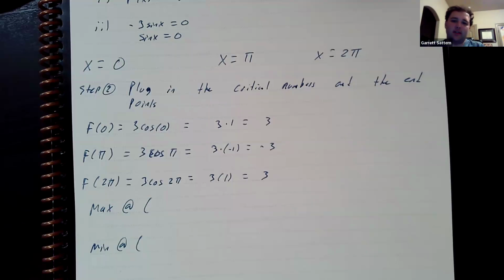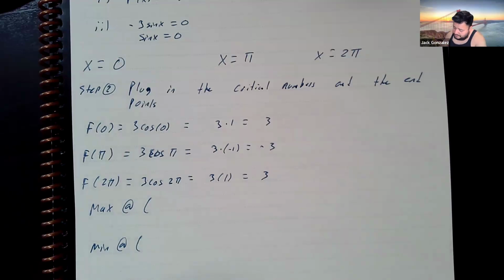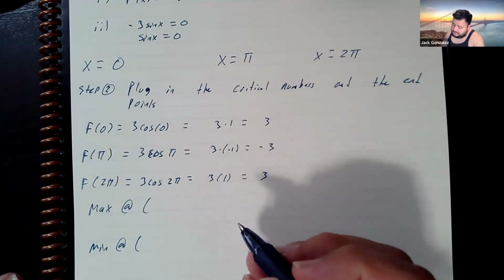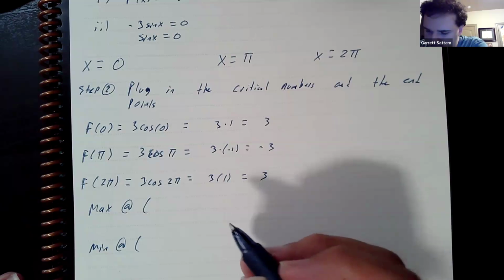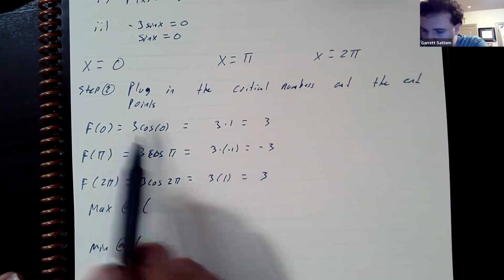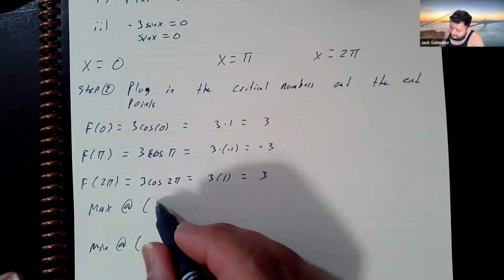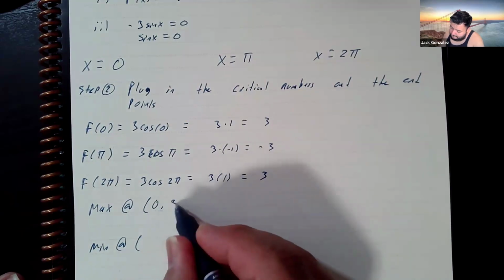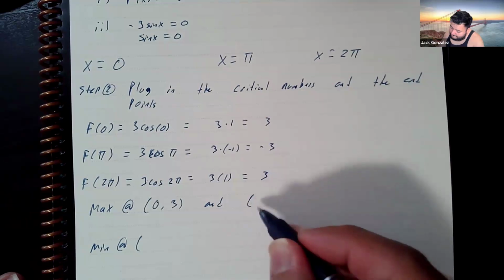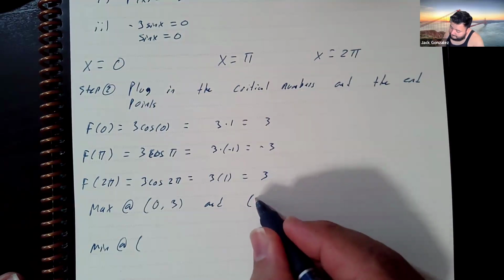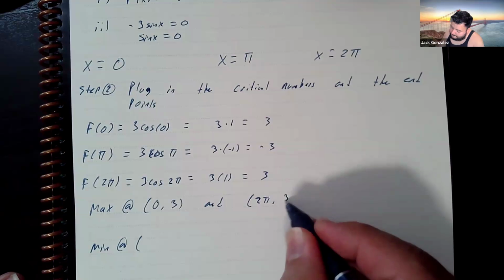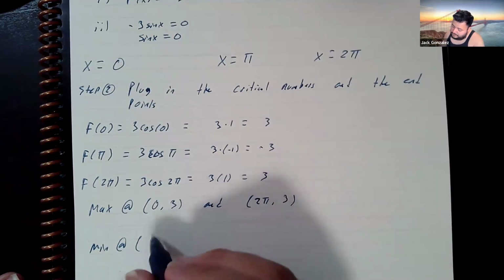So yeah, the max is both 0 and 2 pi, it looks like. Remember, trig functions are cyclical, right? So it's going to hit that maximum twice, because the amplitude is 3, right? And then the minimum will be